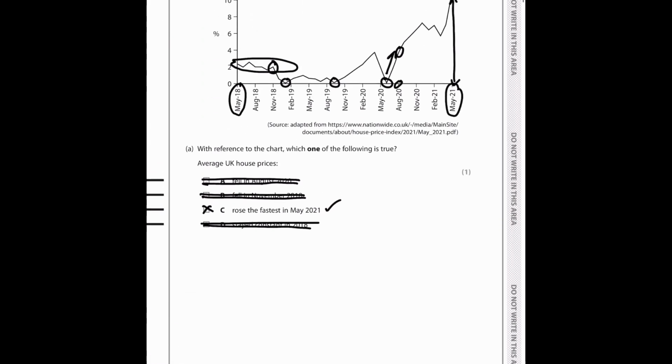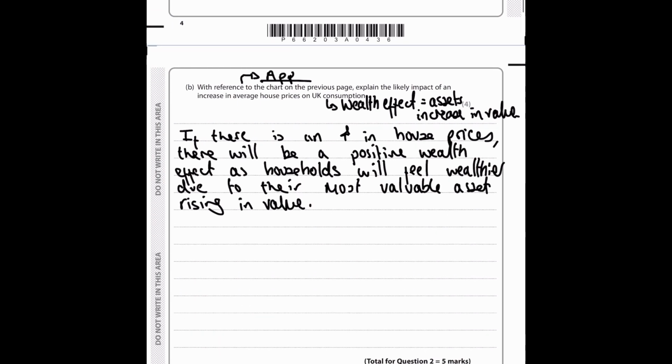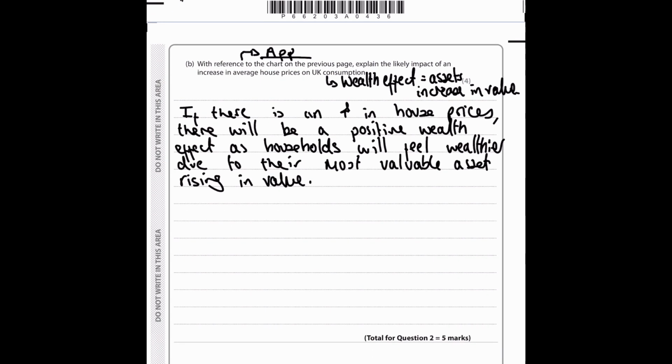Okay, then I can choose any part of this. So I might choose May 2021. For example,